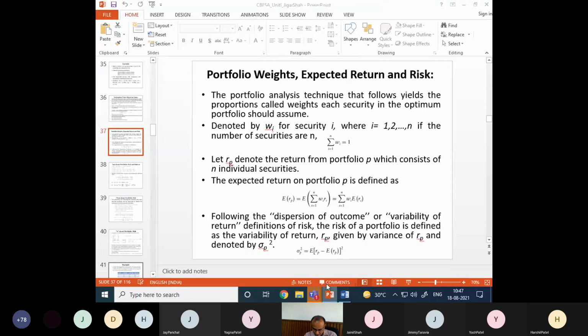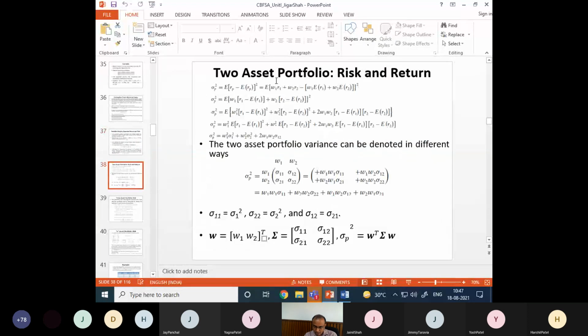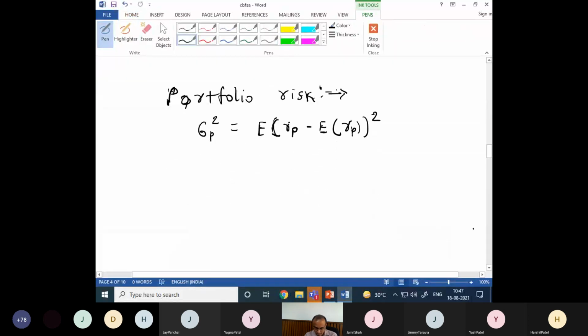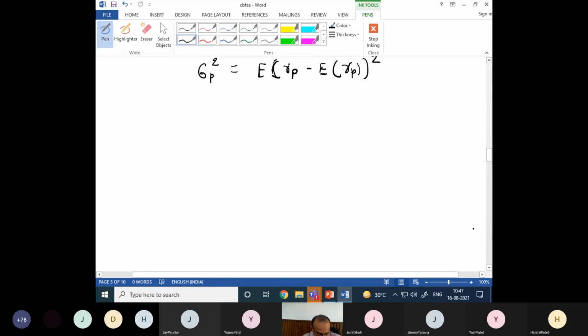So remember this: portfolio return, portfolio risk. Let me take now, for a simple case, a two asset portfolio, meaning I have only two assets with weights W1, W2, such that W1 plus W2 is equal to 1. Then I will try to find the risk and return, and then I will generalize, moving to the 3 asset and then the n asset. So today we take only the 2 asset case. But in between, if you have any question, you just ask me. I take a pause of half a minute because these are very important concepts in modeling.